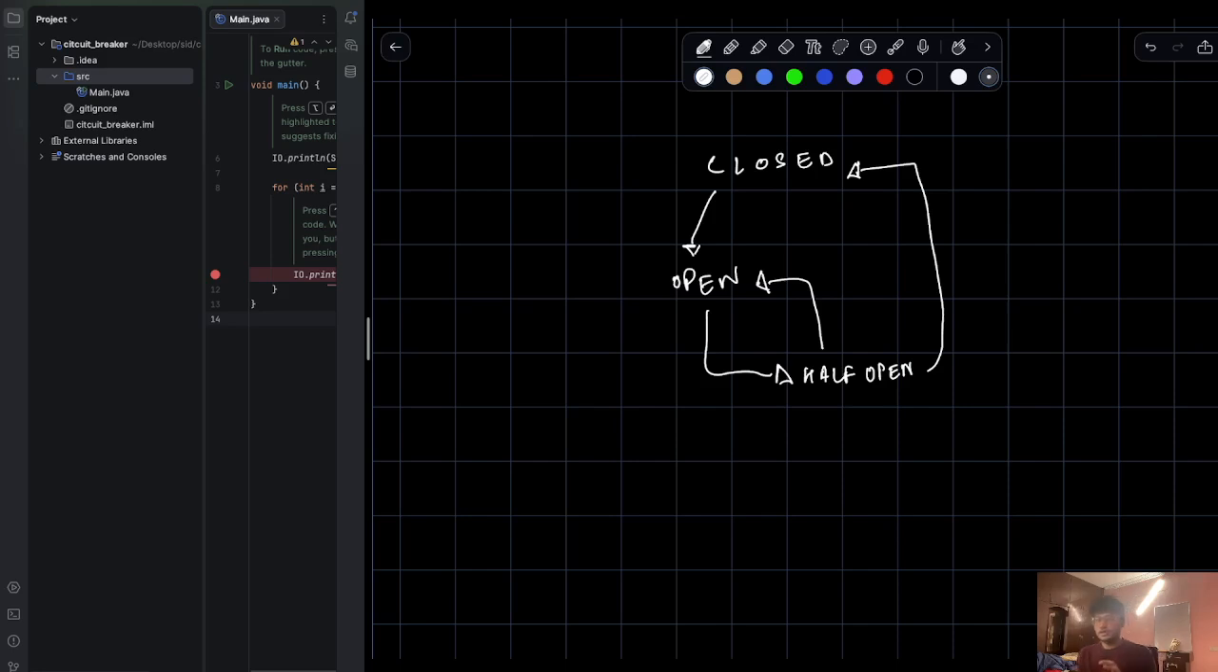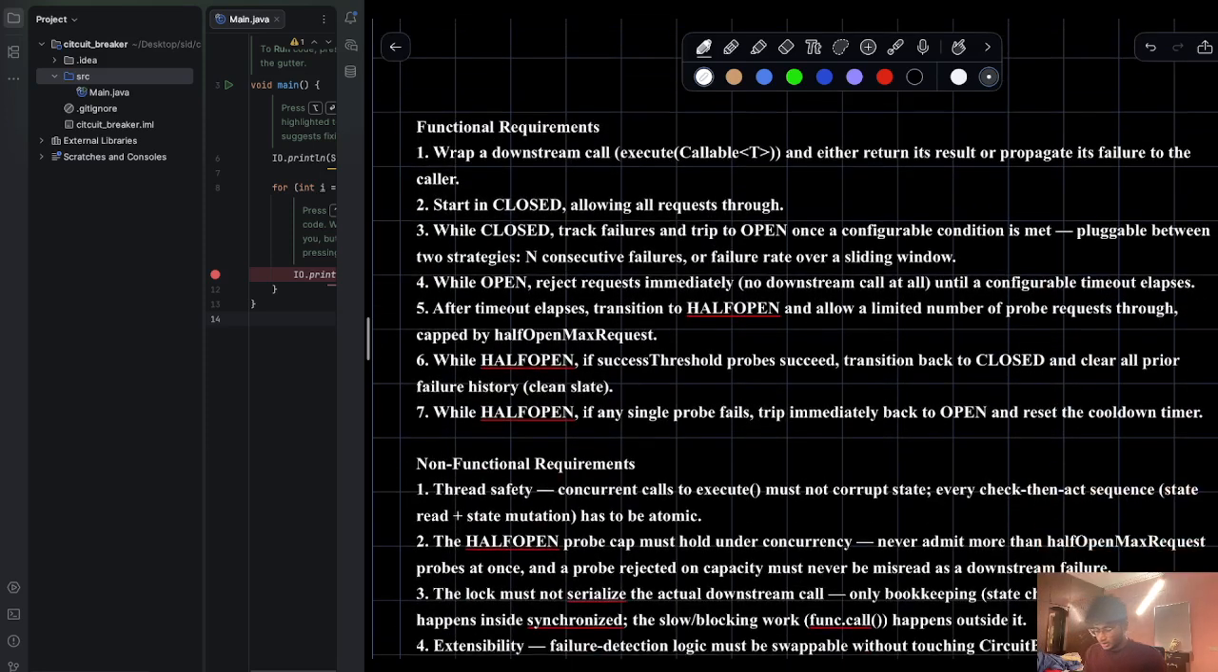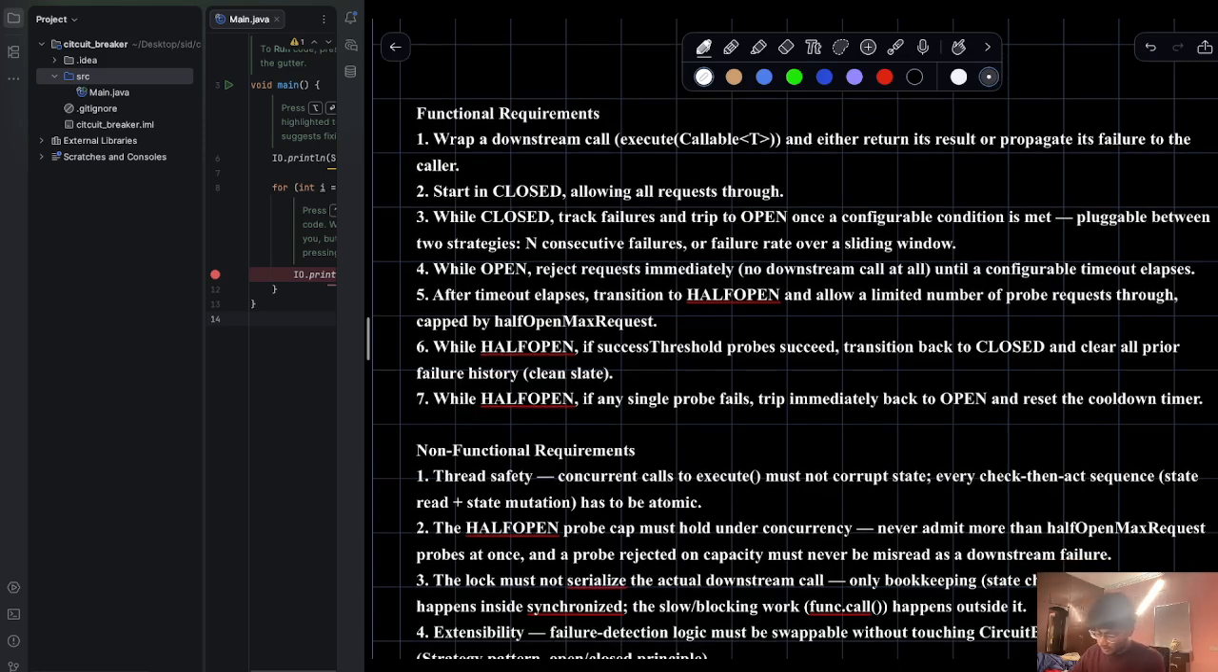Now we're going to be looking at certain functional and non-functional requirements, and with that we're going to go forward and build it. Okay. Let's just go through each of them. So it says wrap a downstream call and either return its result or propagate its failure to the caller. Right? So it's saying nothing but